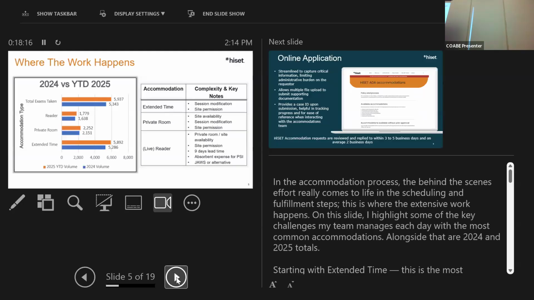Okay, so we talked about the why, we talked about what the process looks like, and then this is some data as far as where the work happens. On the graph to the left, we see 2024 versus year-to-date data for 2025. This was taken at the end of Q3 of last year. You can see that the total exams taken with accommodations are almost 6,000 exams. Readers contributed about 1,700